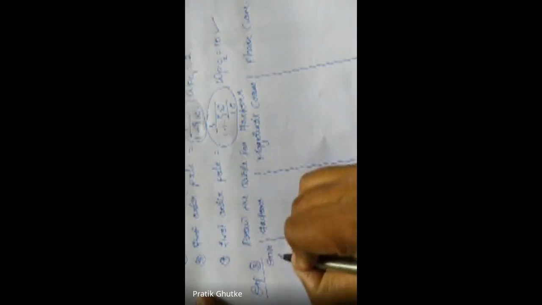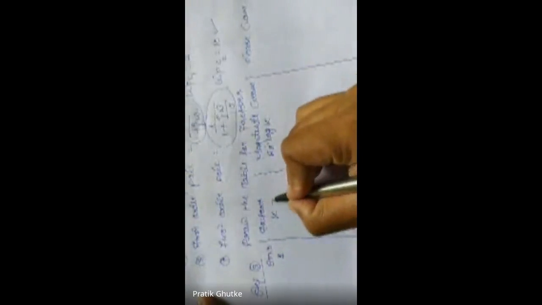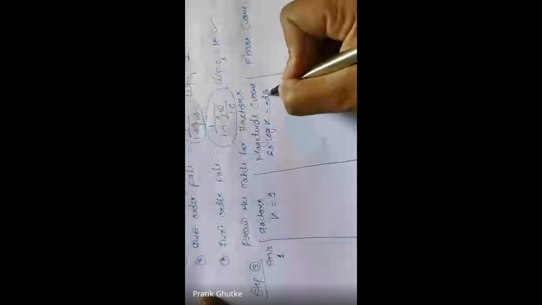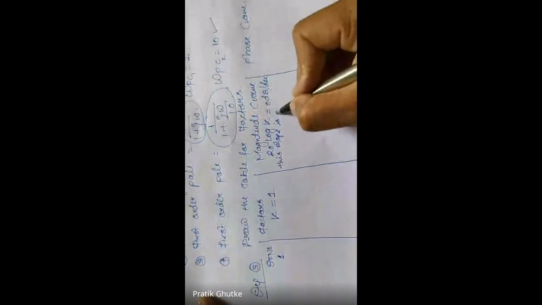So serial number 1, the first factor, is my K factor. For K, the magnitude is 20 log of K. The K value I have calculated is 1. So 20 log of K is 0 dB, with a slope of 0 dB per decade. This slope is a straight line, because it is 0 dB, not 20 dB or 40 dB. So the slope will be a straight line.